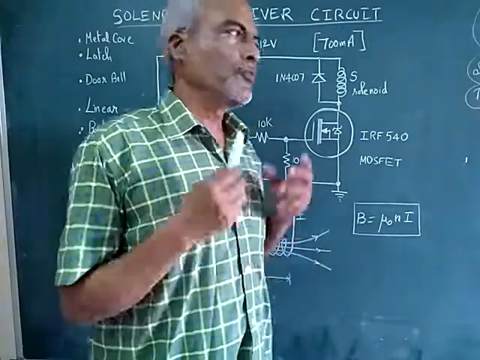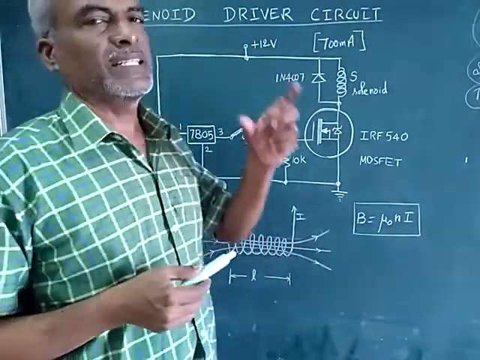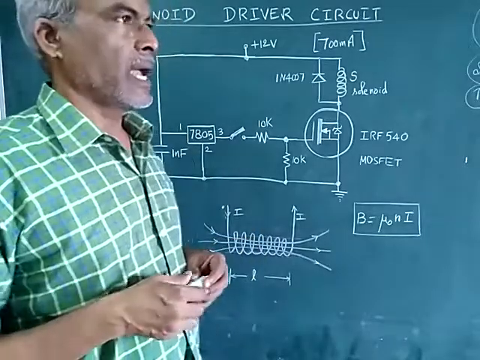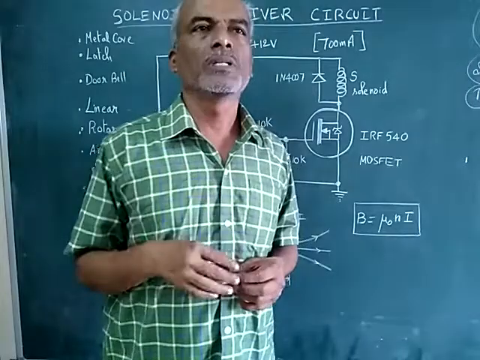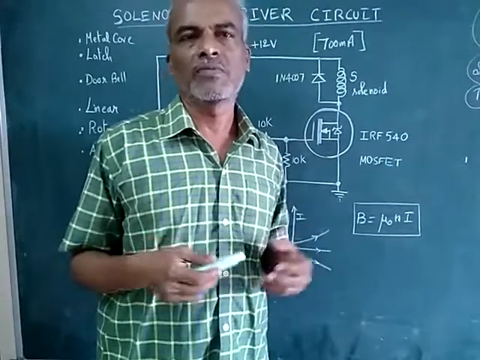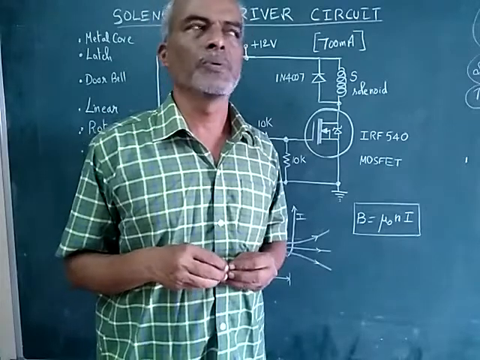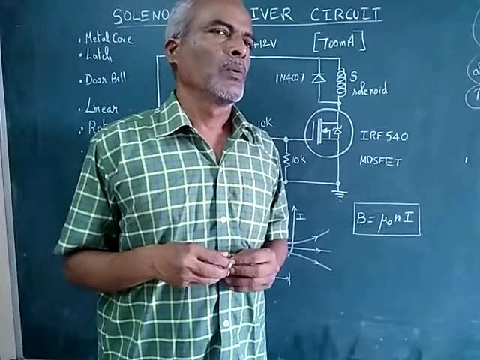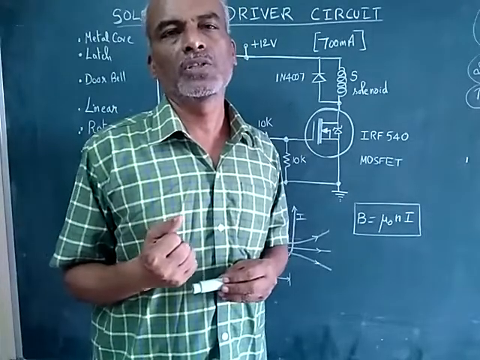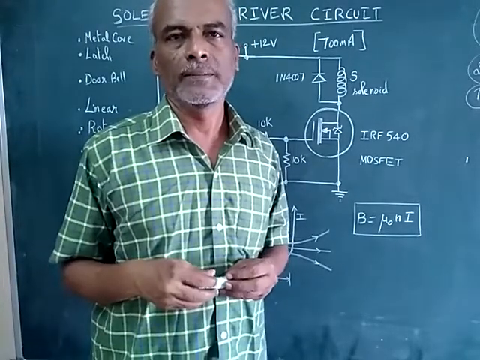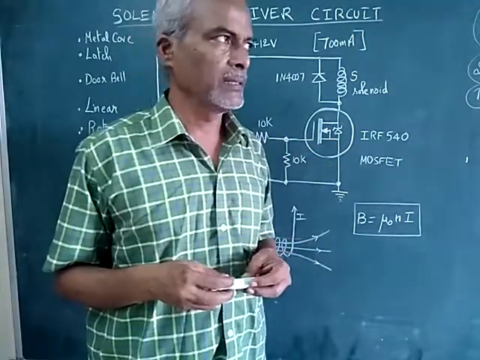So if you place a metal core in that coil, it can act as a magnet, and based on that you can have linear movement, circular movement, and you have different types of solenoid. So basically solenoid can be viewed as a device which converts electrical energy into mechanical energy. Okay, a mechanical movement. It can be linear, circular, like that.